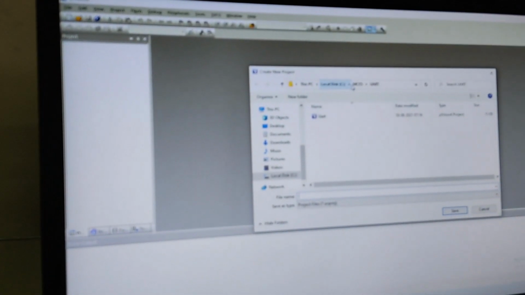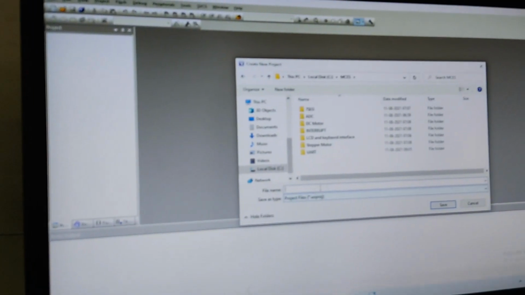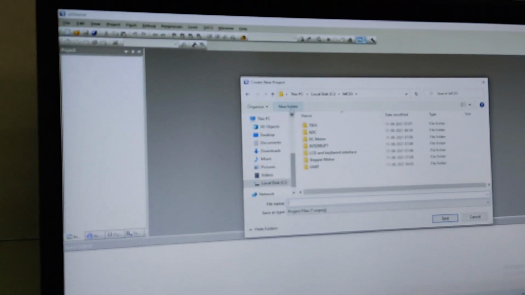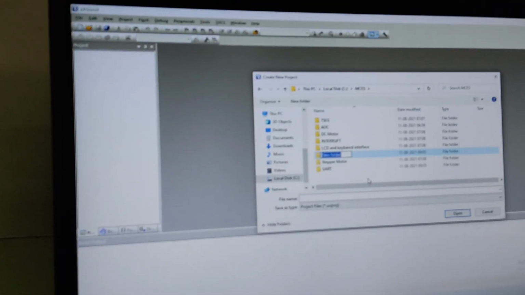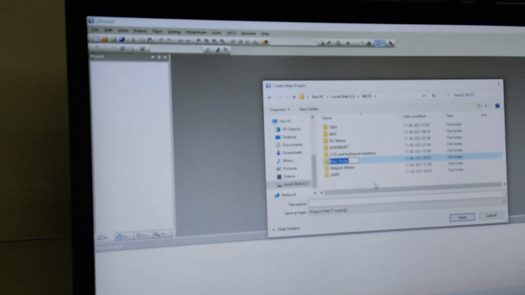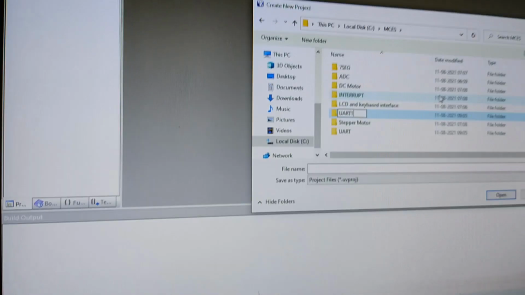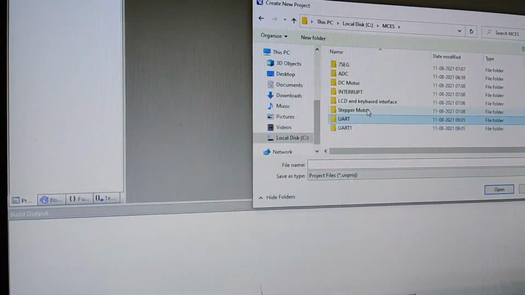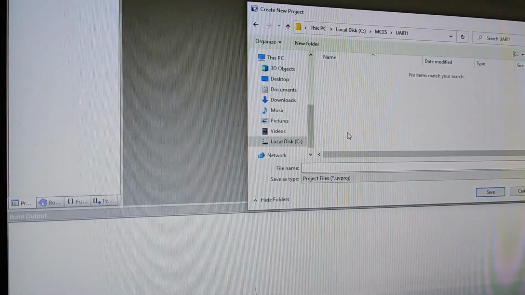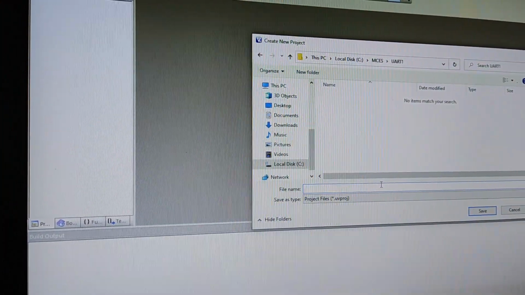Then you have to create a folder, so let me create a new folder here by the name UART1. In this folder path, I am going to create my project file.